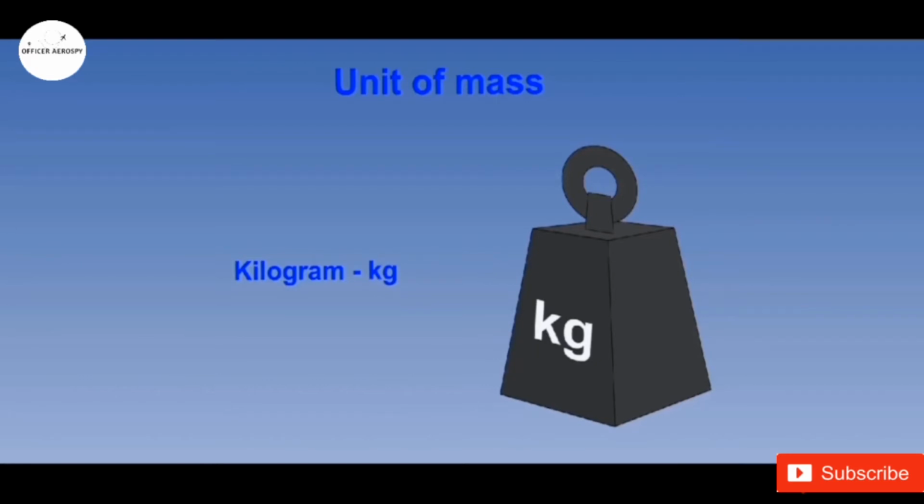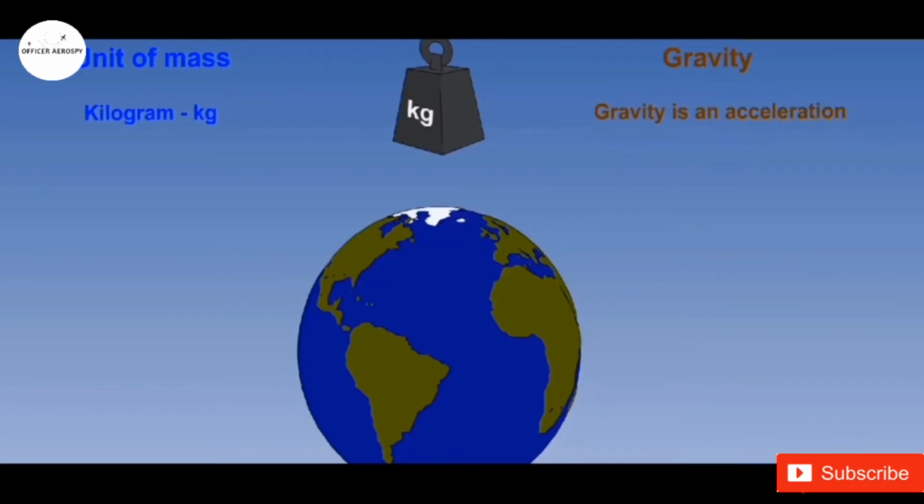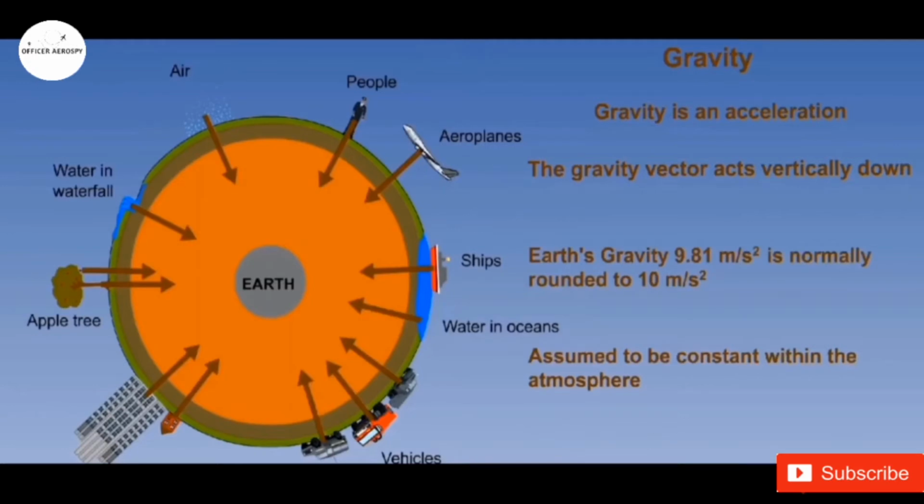All bodies on or close to the earth are affected by the earth's gravitational field. All objects with a mass, be they airplanes or air molecules, are attracted towards the earth. The earth's gravity vector points towards the center of the earth, which is locally straight down. Although gravity reduces very slightly as altitude increases, for practical purposes this is ignored. The gravity constant is 9.8 meters per second squared. The examining body uses a gravity constant of 10 meters per second squared.